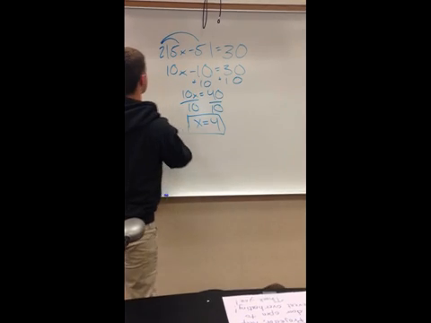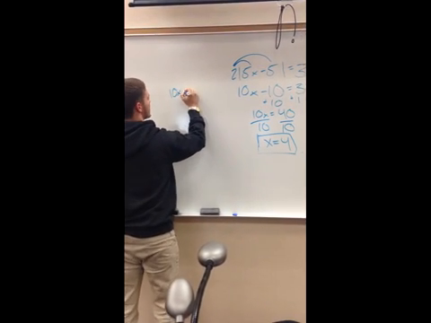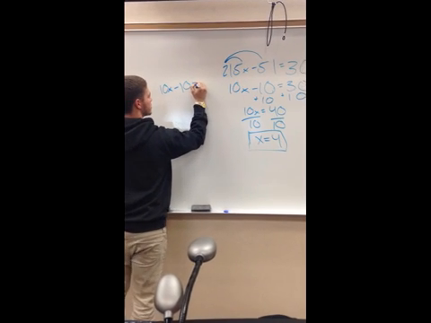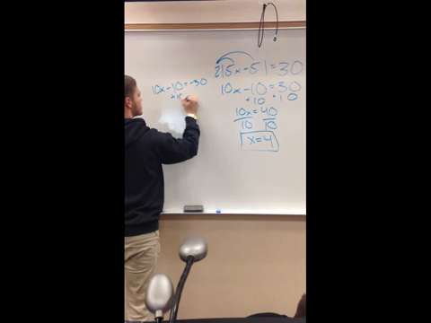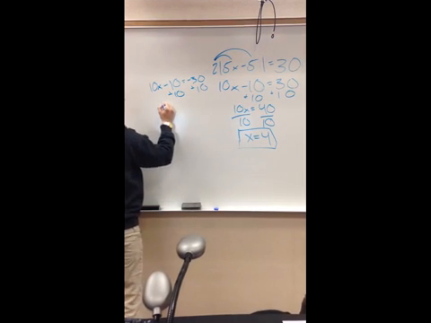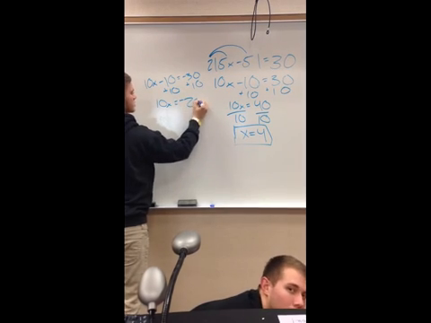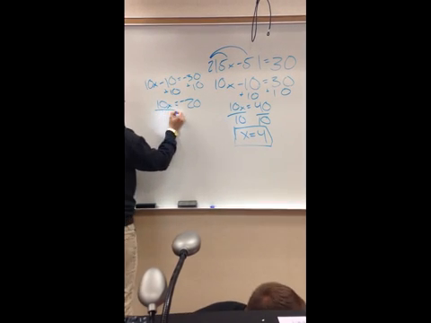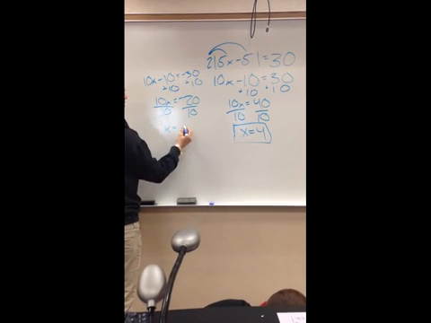Now we have to set it equal to negative. So we're going to have 10x minus 10 equals negative 30. We have to add 10 to both sides. You get 10x equals negative 20. Then you divide by 10 to isolate your variable. You get x equals negative